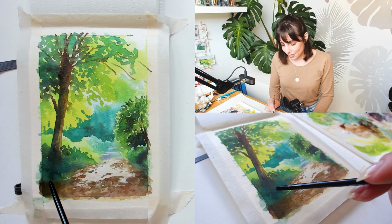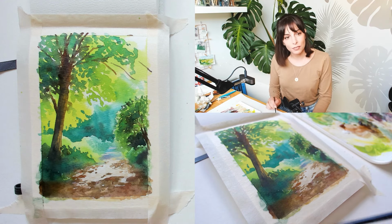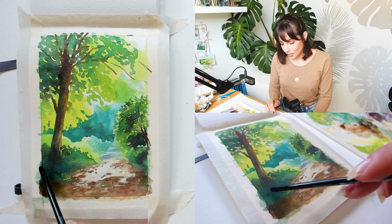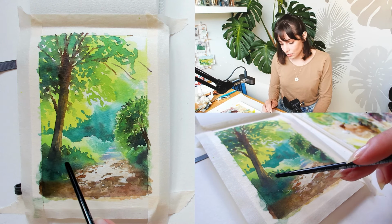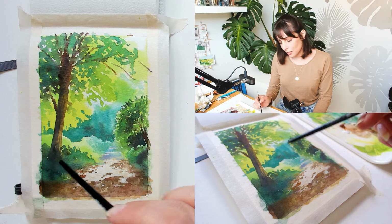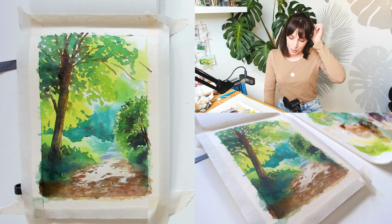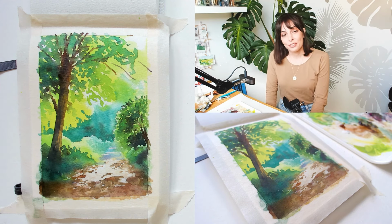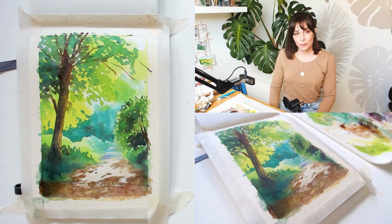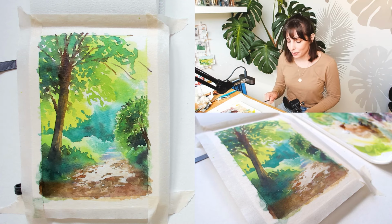So I also want to add some little details, like little leaves maybe peeking out from the shadows here. Maybe not all the way on the edge, but just a couple here near the tree would be good. The tree itself I feel like is going okay. It's a bit simple. There's not a lot of detail there, but maybe that's fine. I guess we'll just have to get into it and see how it goes. But mainly we're about to get started with the top half of the painting and work on the leaves